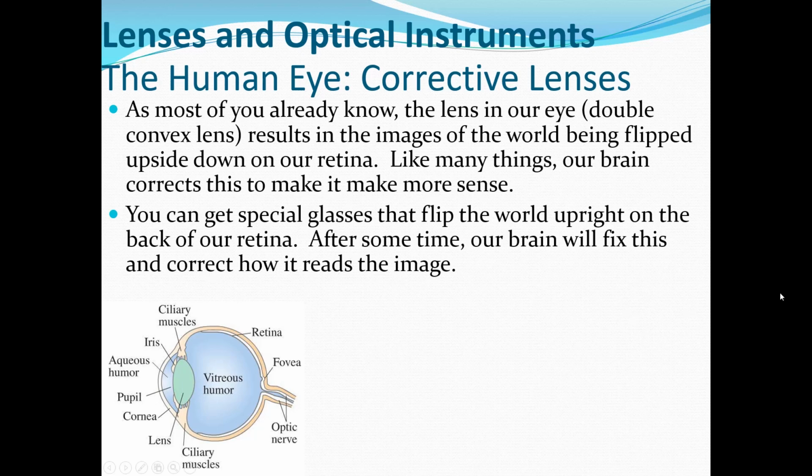Now there are actually special glasses you can get that will take the images and flip them so that they're right side up. What this means is that the image, when it hits your retina, will be upright like it's supposed to be. So your brain will at first naturally flip the image, and you'll actually see the entire world around you flipped upside down. So you'll actually see what it looks like on the back of your retina. It takes a while, but if you wear the glasses consistently, and you make sure that you don't have any peripherals affecting you,